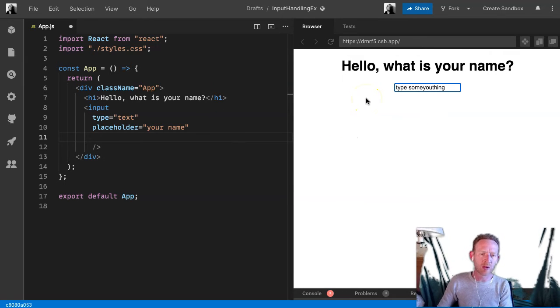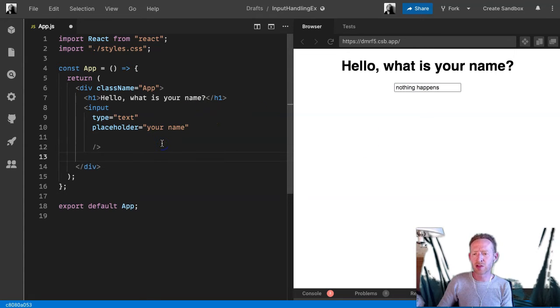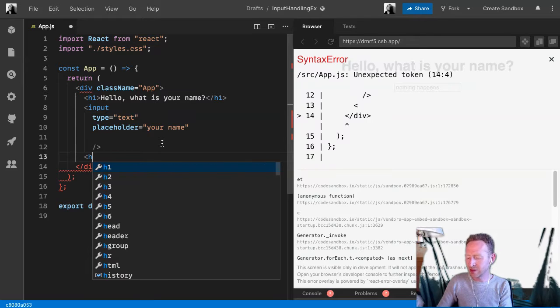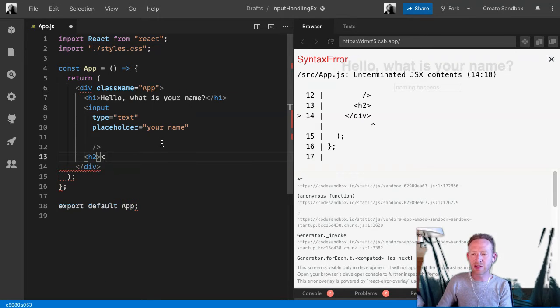Our input does nothing, right? We enter it and nothing happens. And so we would like a place maybe for the name to go, and we can do it like this. We could give him an H2 at the bottom of the page, a little bit under, and say,